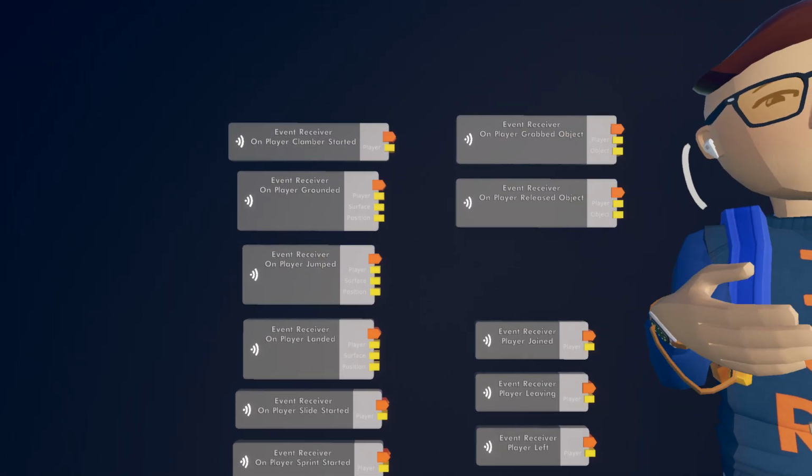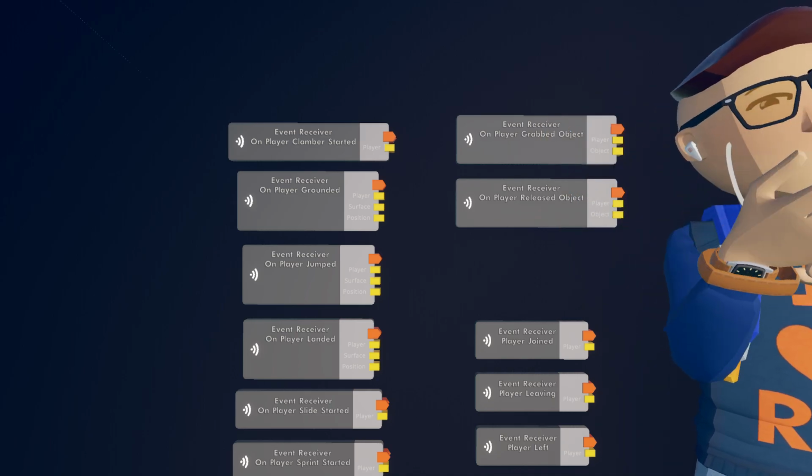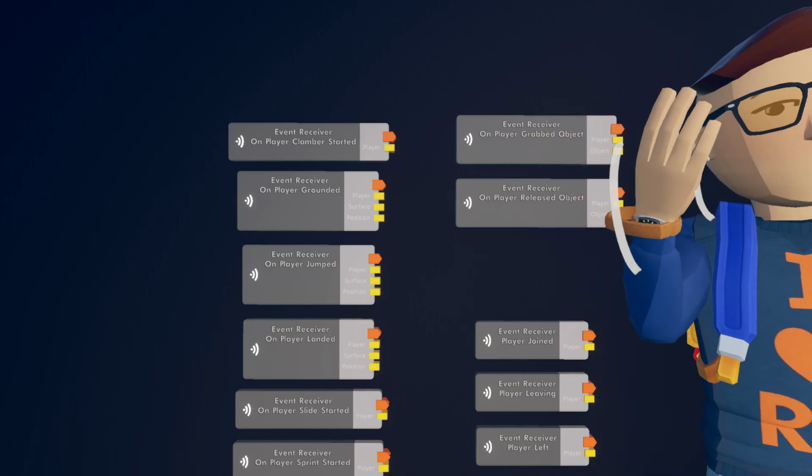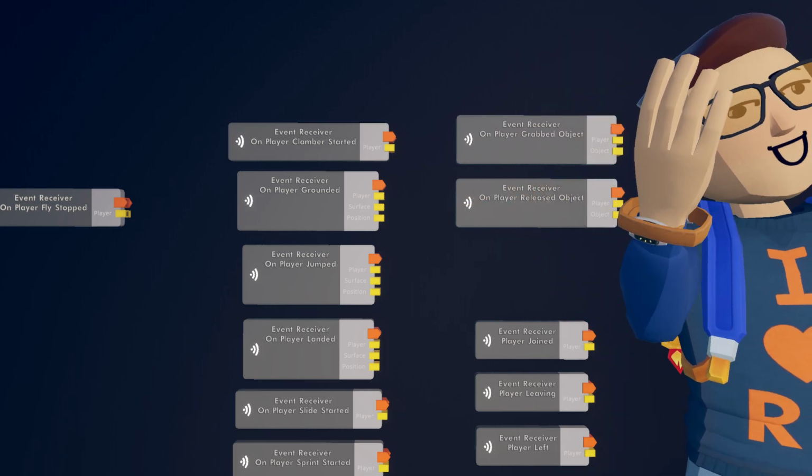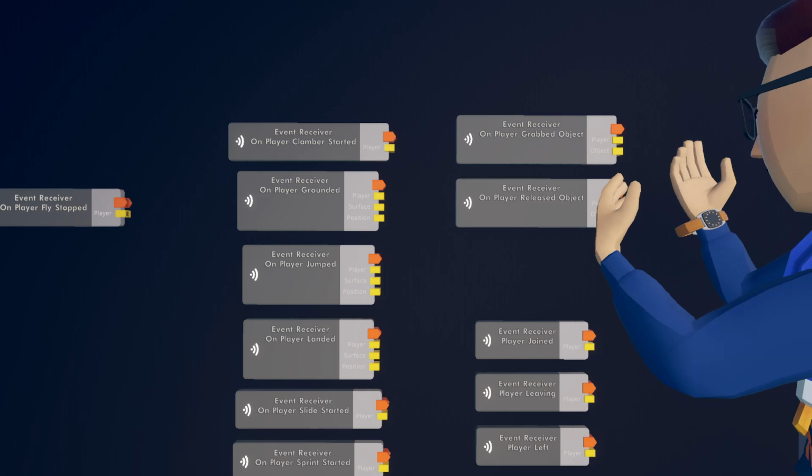But by the way, these events are all available at the global graph. So if you just go into a room and you're not in a circuit board or anything, they'll also be available in circuit boards and anywhere else, but they're also just available at the very top level.